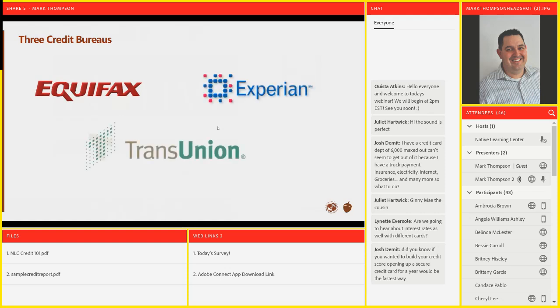TransUnion, and Experian. So those are the three different credit bureaus, and there are other credit bureaus in this country. There's credit bureaus in little towns. I was raised in a little town in California called Salinas, and we had the Salinas Credit Union, right? And they did much more regional stuff, and they would pull different reports from the bureaus, and then local people could report to the Salinas Credit Union. But when we're talking about this generally being extended credit on credit cards or loans from national lenders, they're generally going to look at these three different credit bureaus: Equifax, TransUnion, and Experian.